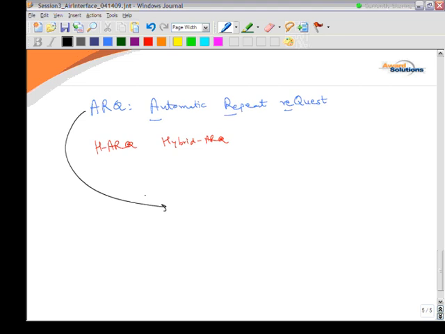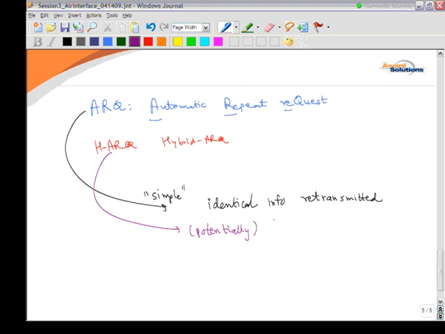Okay. Simple ARQ means identical information retransmitted. And hybrid ARQ means that different information, and specifically different code symbols, are sent over there. So for example,